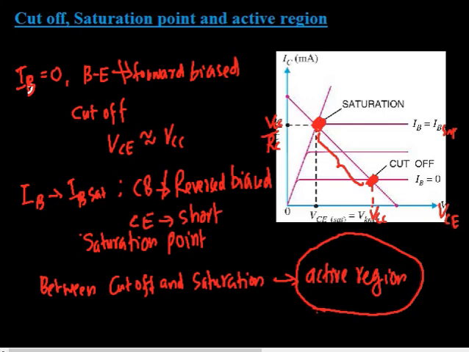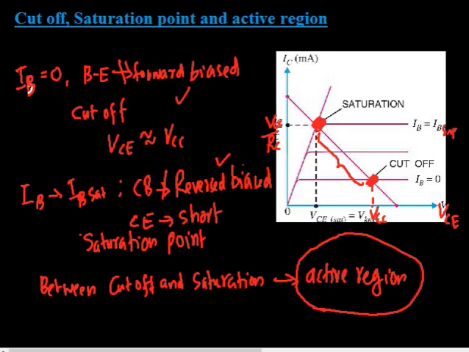To make a transistor operate in the active region, we should apply proper base current to the circuit. For that, the base emitter junction should be forward biased, and the collector base junction should be reverse biased. Then only the transistor will be in the active region.